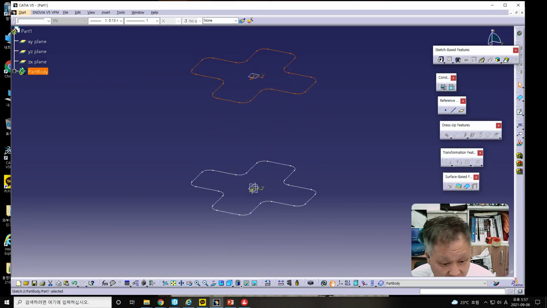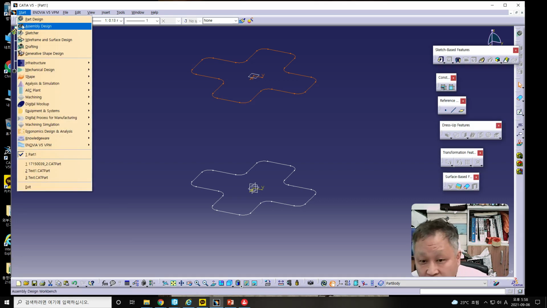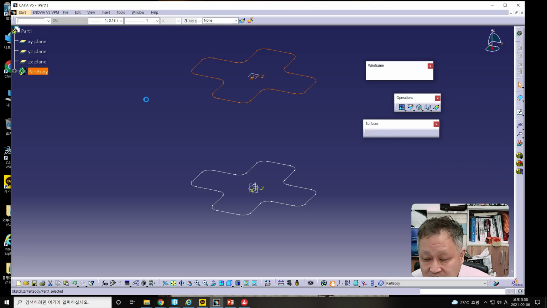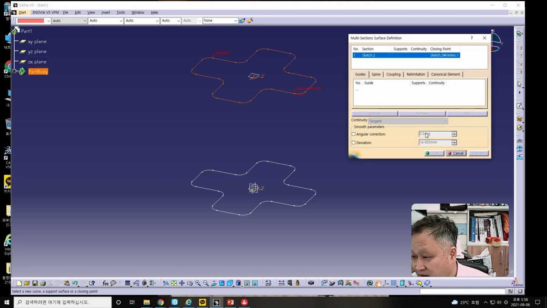Then the new shape is made from this one, and in case of multi-sections solid, the element should be twisted in this case. Therefore, we should go to the Wireframe and Surface workbench, then select the multi-sections surface definition,